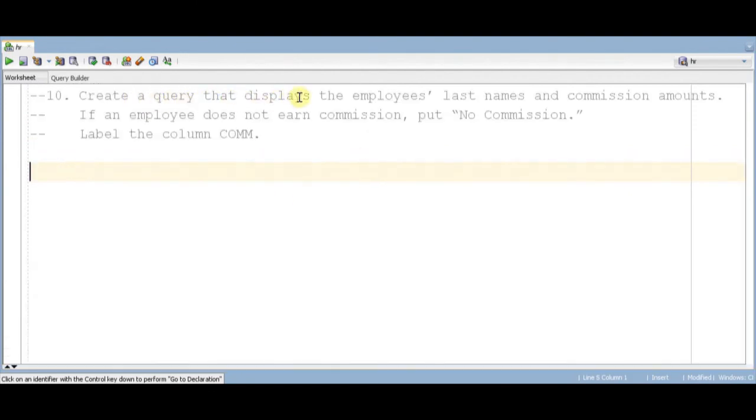Create a query that displays the employees' last names and commission amounts. If an employee does not earn commission, put no commission. Label the column com. Select last name,